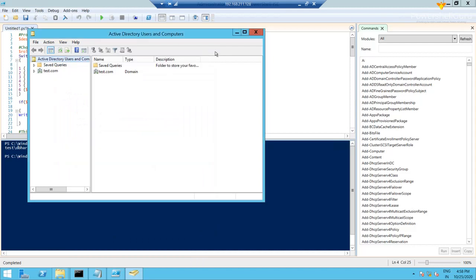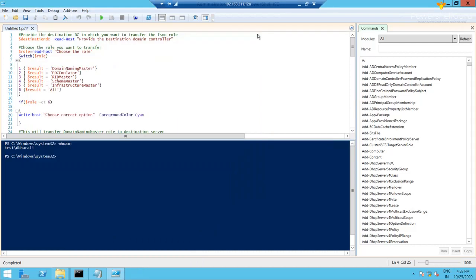Moving on to that script. Coming to the second line, we have to provide the destination DC, which will be the server DC itself. If you remember, all our roles are on VM, so we have to migrate all the roles from VM to DC. Coming to the fourth comment, we have to choose the role, which role you want to transfer.